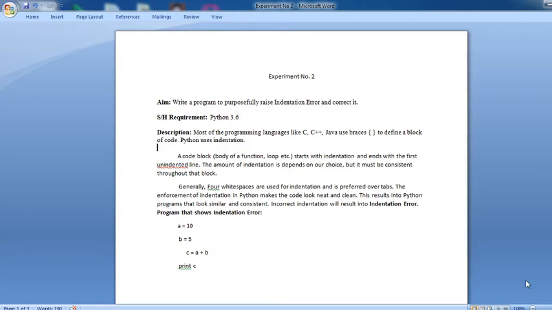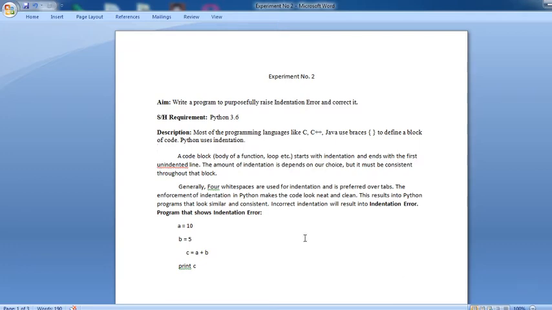In C and C++, if you want some decoration in your program, you can use white space for printing a sub message, and curly brackets are used for blocks in C, C++ and Java programs. But in a Python program, if you want to give some space in the body of a function or loop, at that time you need to create the indentation. What is indentation? Indentation simply means white space.